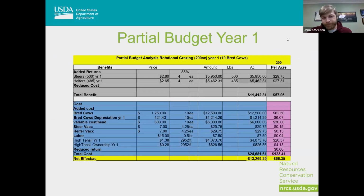All right. So for year one, well, what did we do? We added bred cow. So the way that I view this,